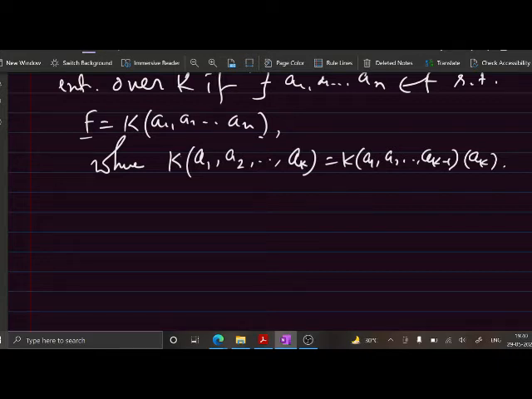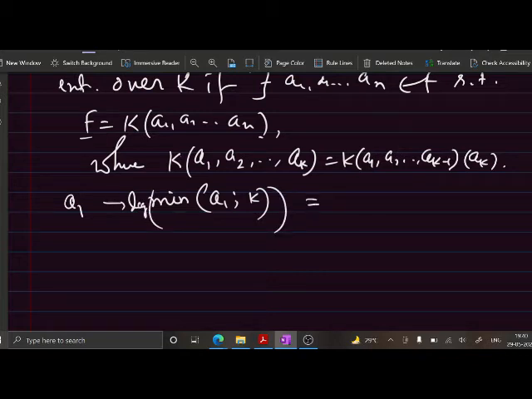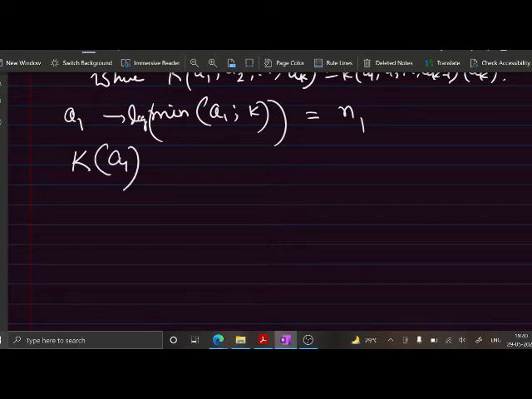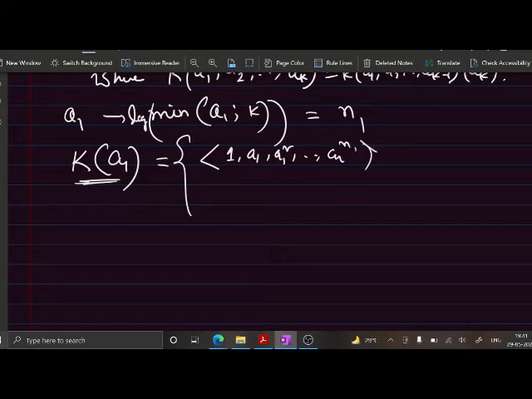ওকে, যেমন ধরো তুমি a1টা নিলে, ঠিক আছে? তাহলে a1 ওভার K এর যে মিনিমাল পলিনোমিয়াল, তার ডিগ্রি ধরো n1। তাহলে K(a1) একটা সিম্পল এক্সটেনশন হ্যাভিং ডিগ্রি n1 হবে। এর এলিমেন্টগুলো তুমি লিখে ফেলতে পারো, এটা জেনারেটেড বাই পলিনোমিয়াল ইন a1: 1, a1, a1 স্কোয়ার, ..., a1 টু দি পাওয়ার n1।